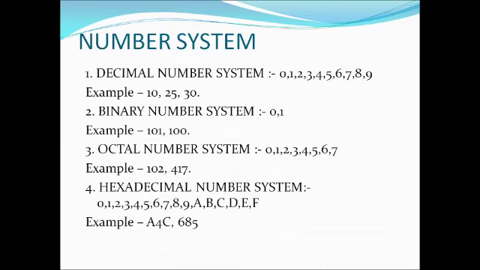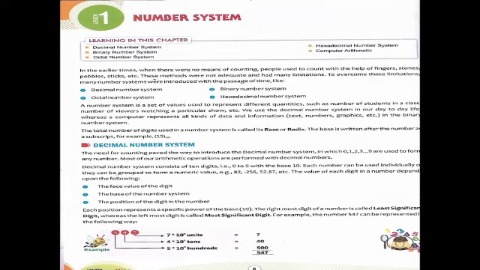Look at this summary of number systems. The number system has many types of representation of numbers. In the decimal number system, we use 0 to 9, and this number system is used for daily life. The face value of a digit, the base of the number system, and the position matter. In this number system, we look at